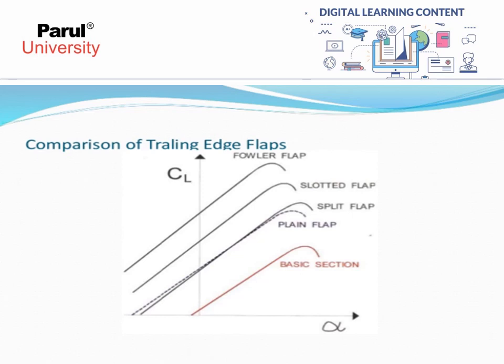And the highest stalling angle for the basic section is okay, but plain flaps have the highest stalling angle and minimum CL max. Minimum, everything is minimum, right? Then Fowler flaps have more advantage than all these other types of flaps compared to the others.